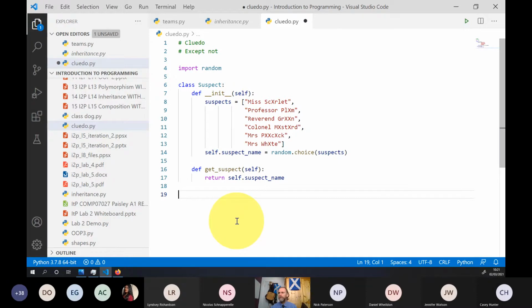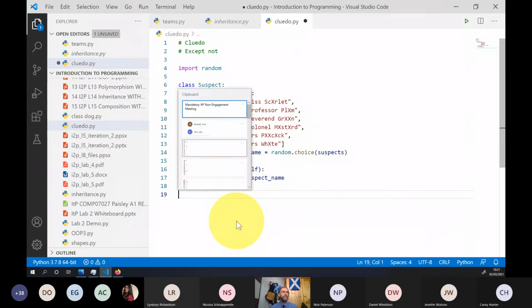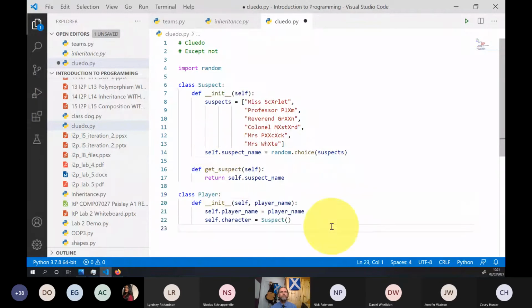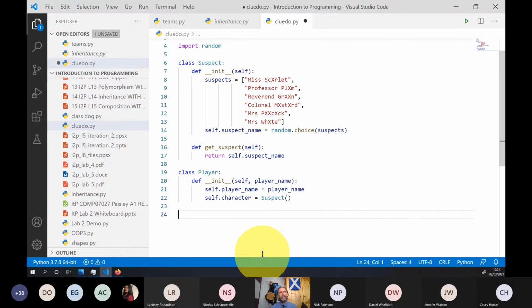So we've got a class called suspect. I'm going to create another class called player. So a player in the game has a player name. But what we have done is said that as well as having a player name in the init, we are going to set an attribute called character, and character is itself pointing to another class.